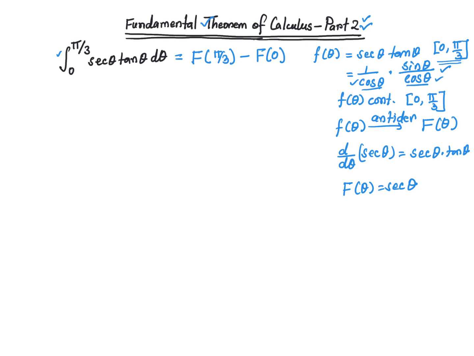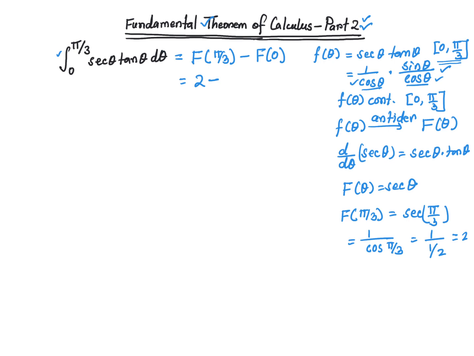I need to evaluate this F of theta at pi over 3, which is going to be secant pi over 3, but secant pi over 3 is 1 over cosine pi over 3. So cosine pi over 3 is 1/2, I believe, right? So 1 divided by 1/2, which is 2. So this value is going to be 2 minus